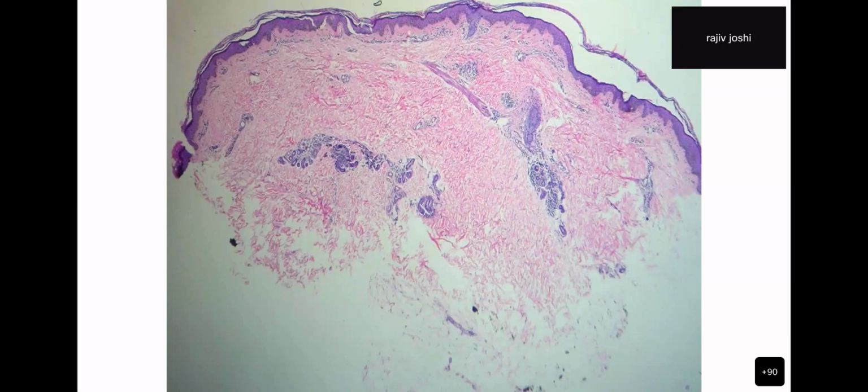Sorry, sir. There is just one question. What is the significance of lymphocytic vasculitis? Lymphocytic vasculitis is not a very well defined entity. Every inflammatory disease does show perivascular lymphocytic infiltrates. So if you get demonstrable damage to the blood vessel wall with predominantly lymphocytes, then that is sometimes referred to as lymphocytic vasculitis,